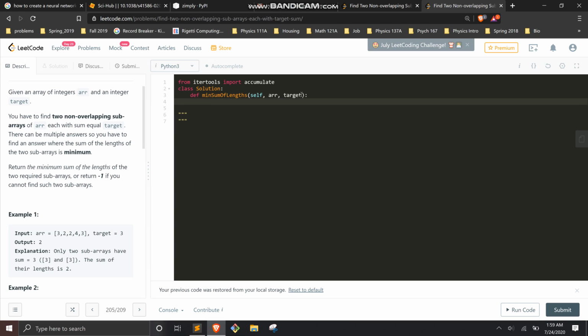So the idea with dynamic programming is that you create a prefix sum array to keep track of the sums so far, and you keep the prefix sum array using accumulate from Python's itertools module, and then if you take any value from that accumulation and you subtract it from another value,